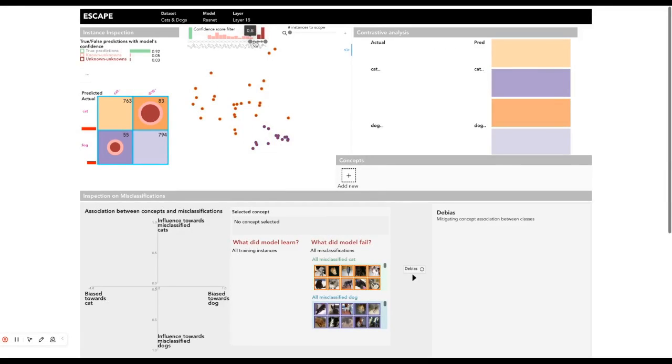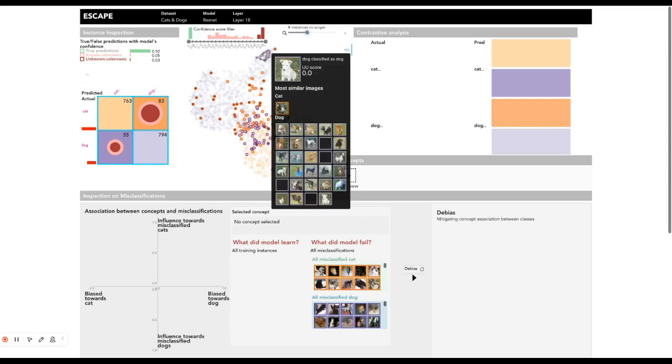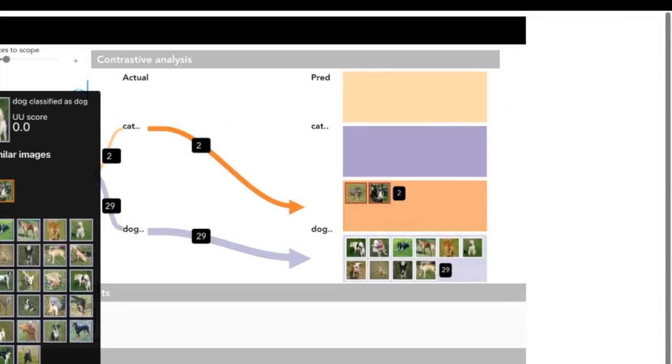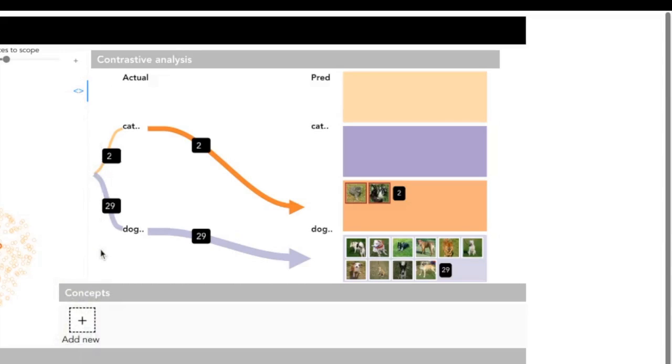When he adjusted filters to select both true and false instances, he identified a set of images with grass densely grouped with each other. When selecting those instances, they appeared in contrastive view, which is a flowchart-like layout, shows how image patterns in for confusion cases are different from each other. Each confusion case, for example, false positive, which is misclassified cats, are represented as an arrow from true class to predicted class, and connected to the panel where images are displayed.